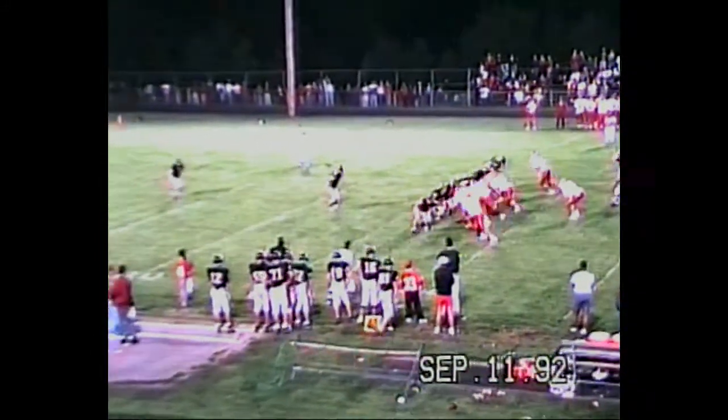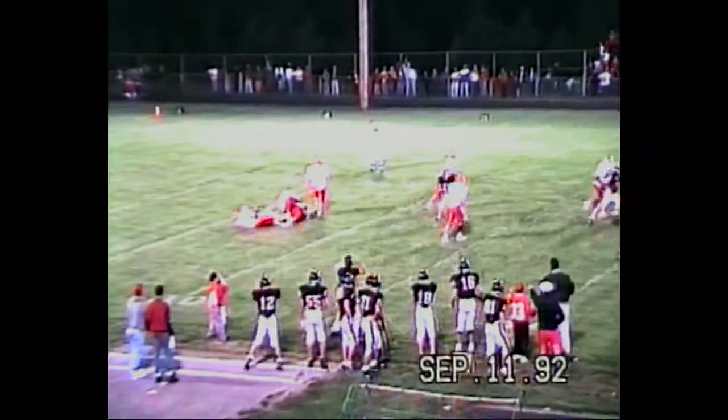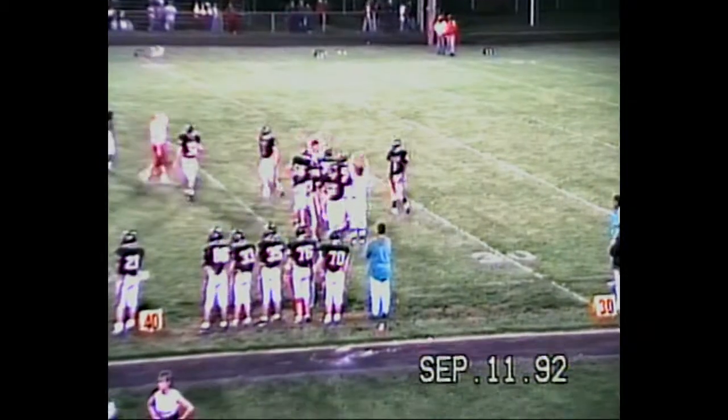And nobody is deep for London. They're expecting a fake. Motes goes ahead and boots the ball to about the 35. It's going to take a Circleville bounce and roll to the 34, down to the 33, where it is